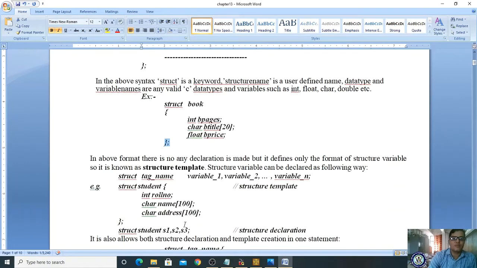Okay, in the above format no declaration is made, but it defines only the format of the structure variable, so it is known as a structure template. Hence this is a structure template design. Template always means a design. Okay, structure variable can be declared as